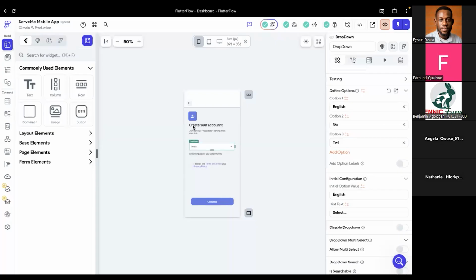But then I'll just tell you that one particular page should have the column widget, and then inside your column widget, you can have multiple widgets. Let's say rows, another column again, and all that. Okay. So in this first widget,